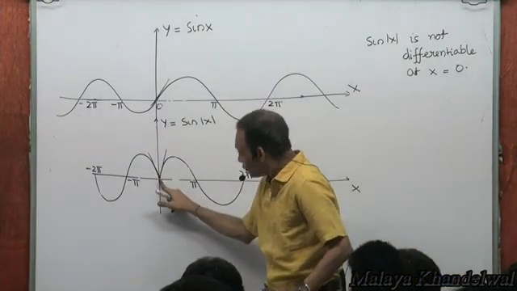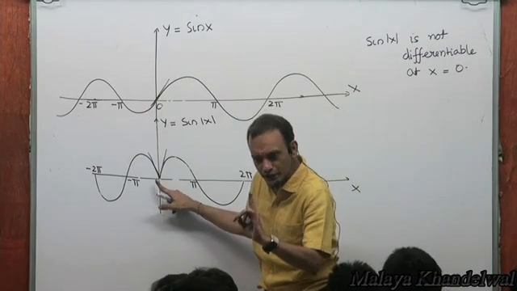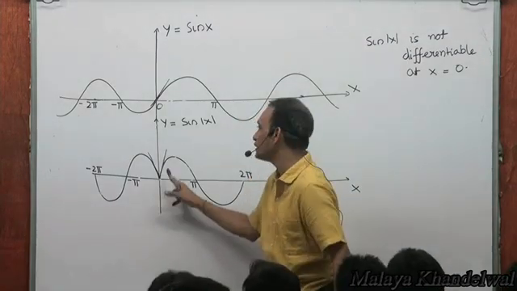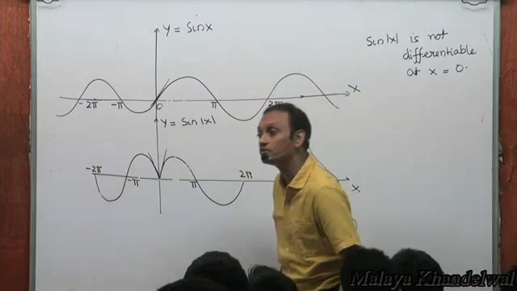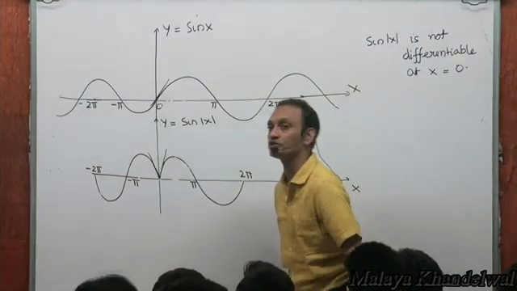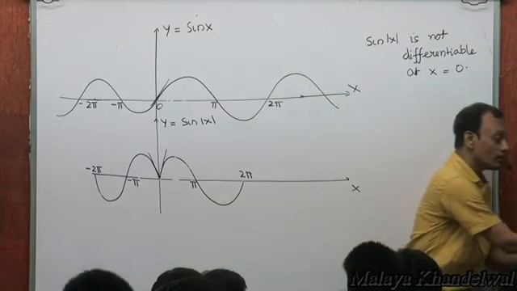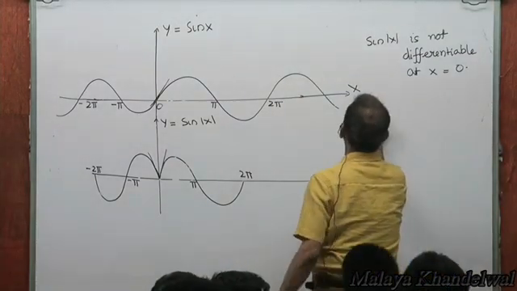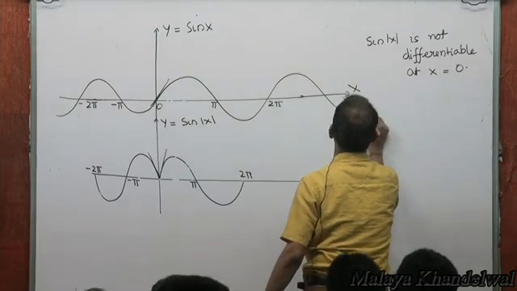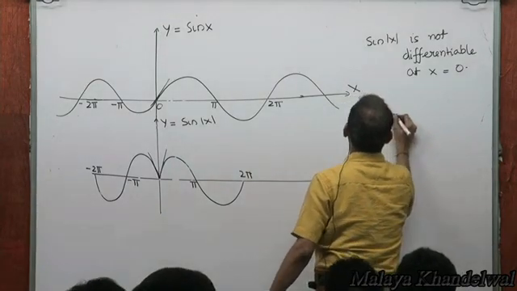At x equal to 0, it's still continuous but loses differentiability. It now enjoys two distinct tangents at x equal to 0. I am not sure how much it enjoys that. So algebraically, if I had to establish differentiability or lack of it for sine mod x,